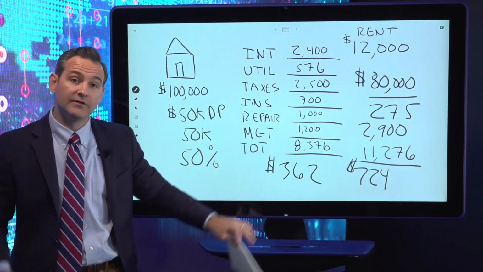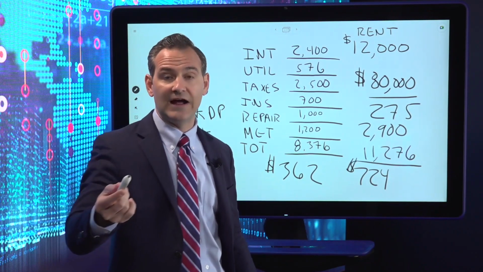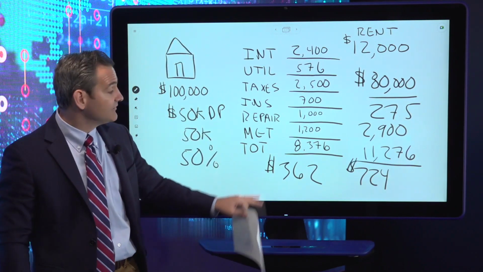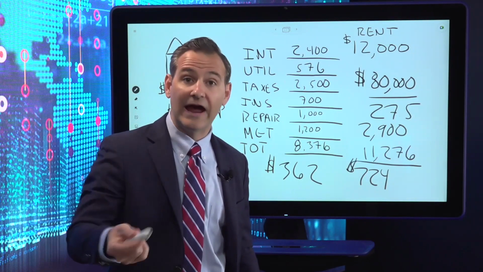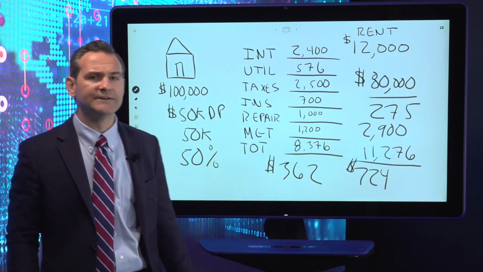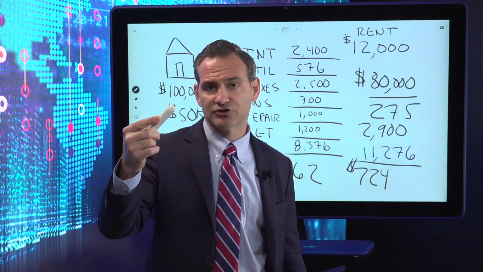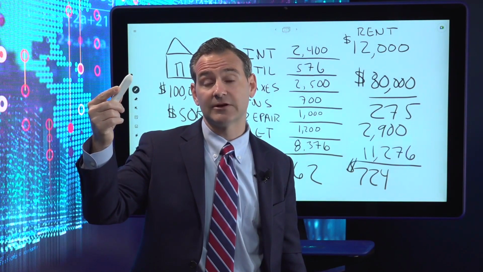Now, fortunately, there is what's called a special deduction. The first $1,000 is not subject to this unrelated business income tax. So in this example, the IRA actually pays no tax because it's under $1,000. Now, let's say that figure was $1,500. So we get our $1,000 deduction, and then we have $500 that's exposed to the unrelated business income tax.